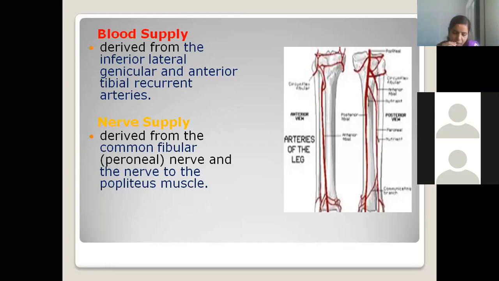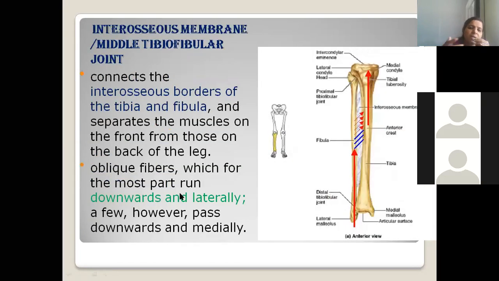Please remember. Medial compartment of the thigh, obturator nerve. Posterior compartment of the thigh, sciatic nerve. Front of the leg, deep peroneal nerve. Lateral compartment of the leg, superficial peroneal nerve. Posterior compartment of the leg, tibial nerve. Very simple. Just pay attention and it will be easy for you. If you keep answering, then only you will learn from your mistakes. So never hesitate to answer, whether it is right or wrong. I always appreciate it. Good, Ritika.